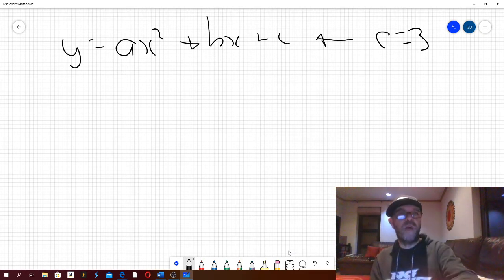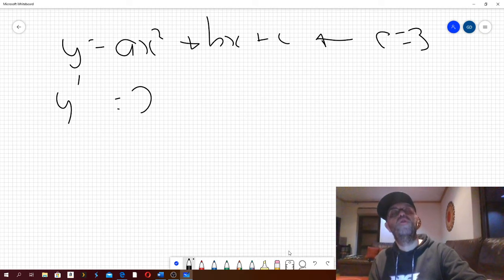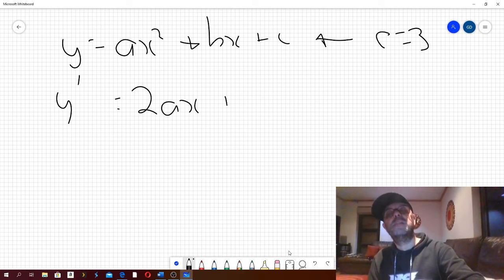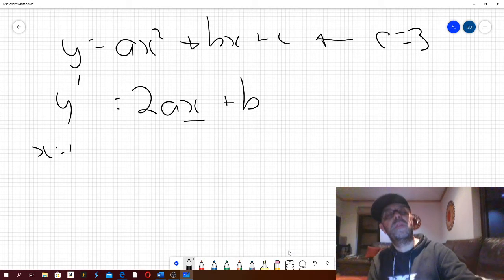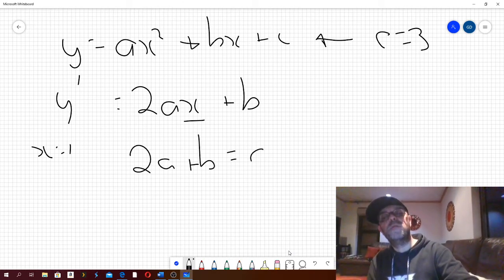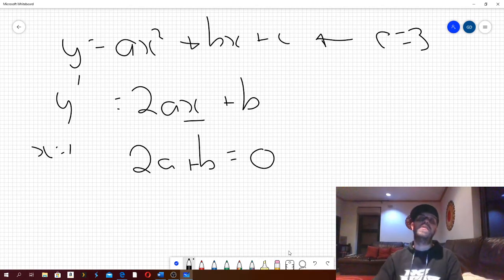So that means if I derive this equation, which would come out as 2ax plus b, that must be equal to 0 when x is equal to 1. So if I put in x is equal to 1, I get 2a plus b, and that simply equals 0. Now that's still not enough to solve this equation, because we've got an a and a b variable and we've only got one equation,